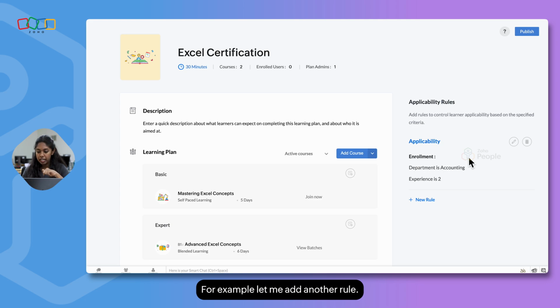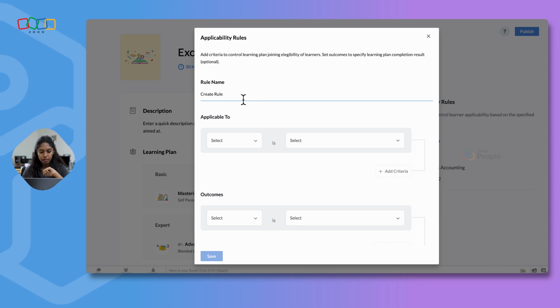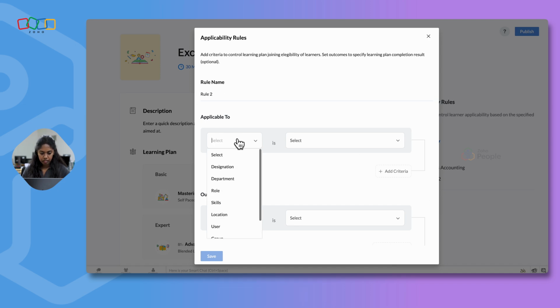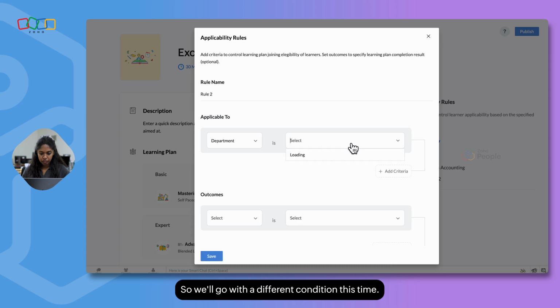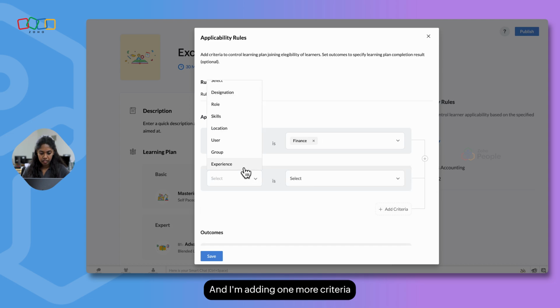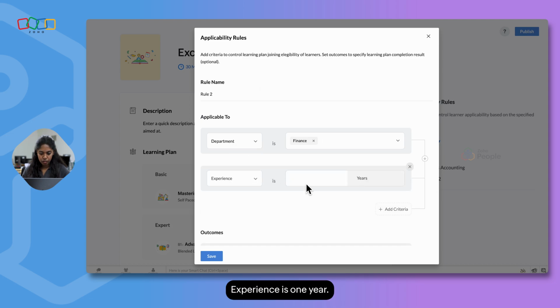For example, let me add another rule. So click on add new rule. You can give a rule name. So we'll go with a different condition this time. So let's say department is finance and I'm adding one more criteria. Experience is 1 year. Click on save.